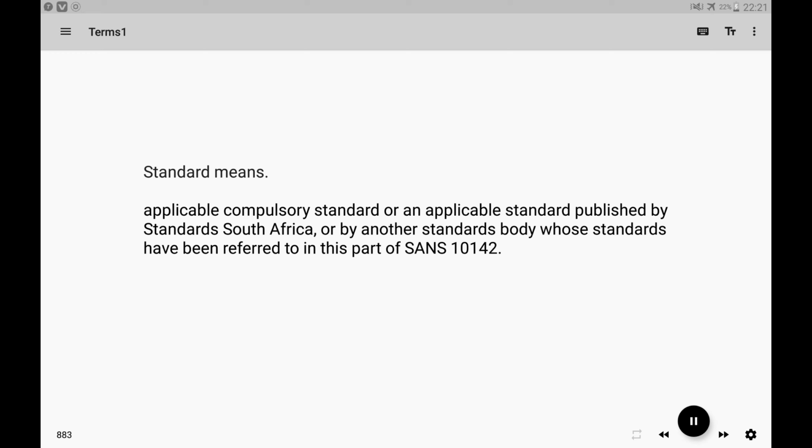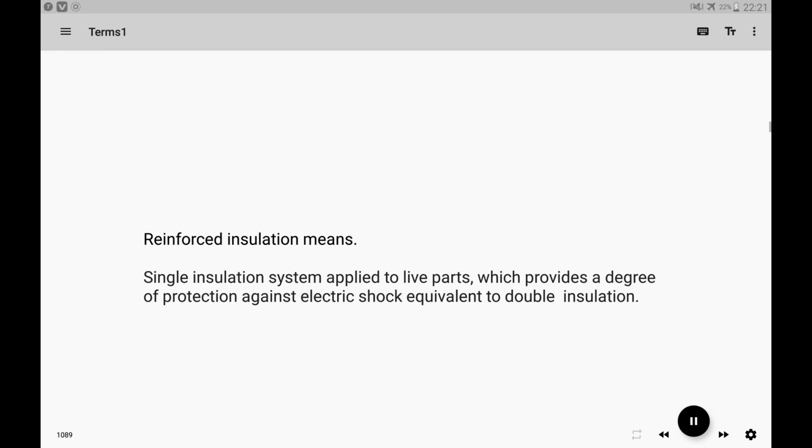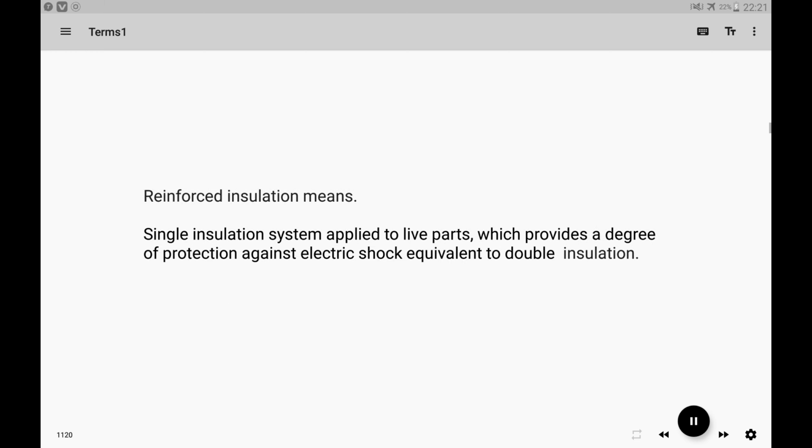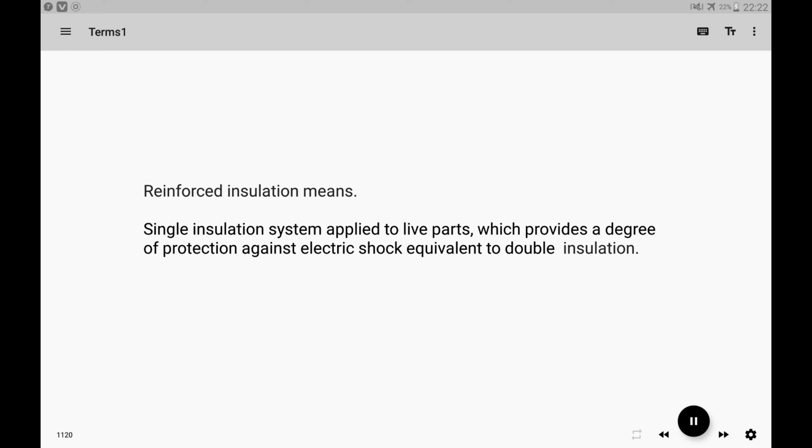Standard means applicable compulsory standard or an applicable standard published by Standards South Africa, or by another standards body whose standards have been referred to in this part of SANS 10142. Reinforced insulation means single insulation system applied to live parts, which provides a degree of protection against electric shock